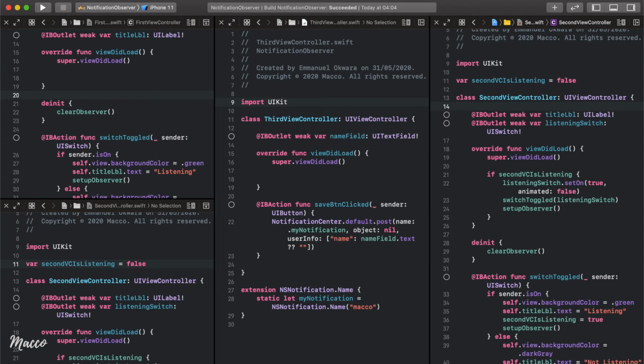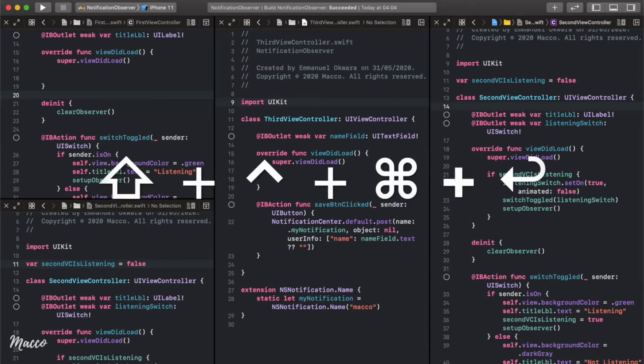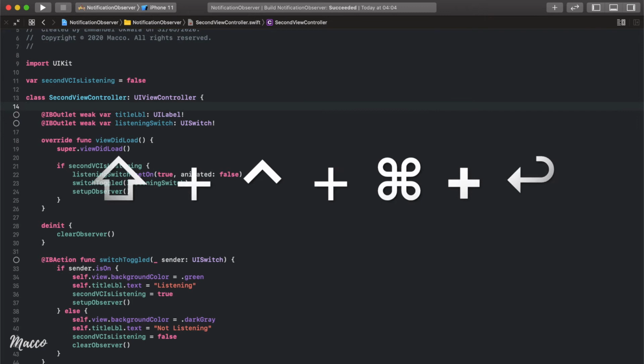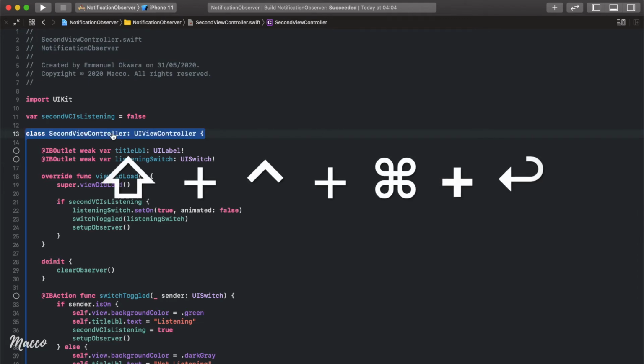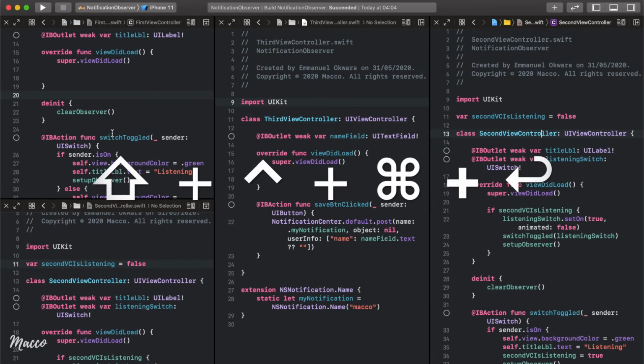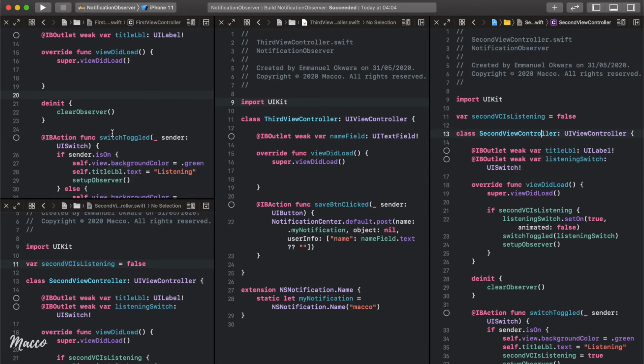Now let's say I wanted to focus on a single editor and pretty much have it in full screen mode. So what we'll do is hold down Shift, Control, Command, and then Enter, right? And this is just going to make it full screen. So you can see that we have our second view controller full. And if you press it again, Shift, Control, Command, Enter, it's just going to take it back to the multiple